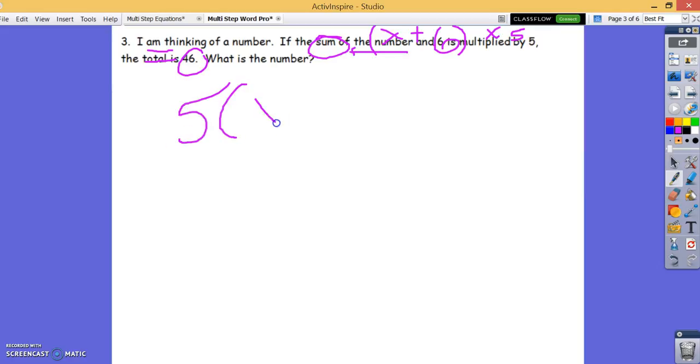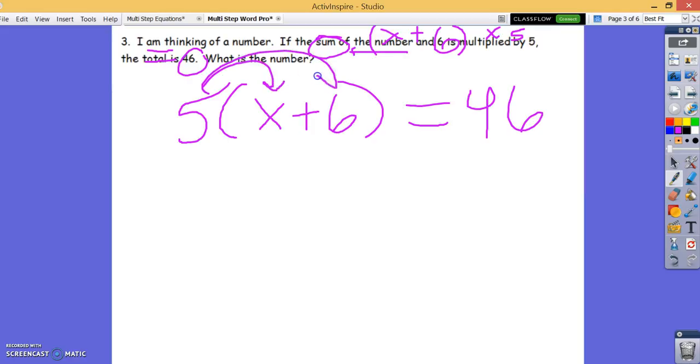5 times the quantity x plus 6 equals 46. Because again, the sum of x and 6 needs to be multiplied by 5. So we do need to wrap it in parentheses. It's a group. So the first thing I'm going to do is go ahead and distribute. So it's going to say 5x plus 30